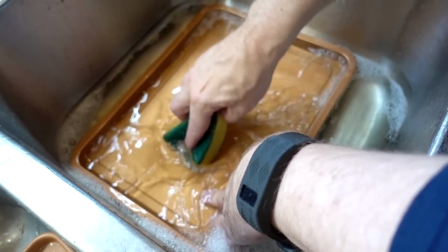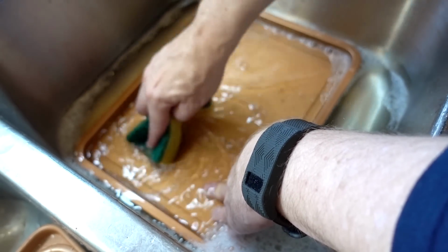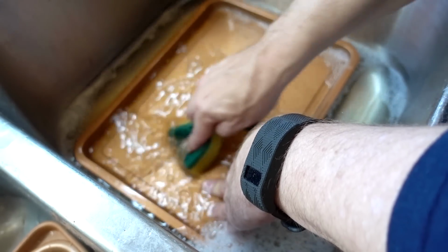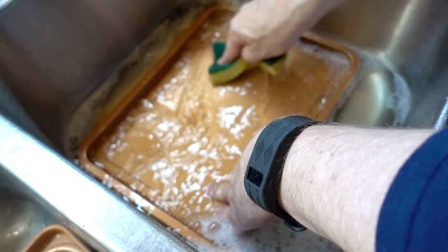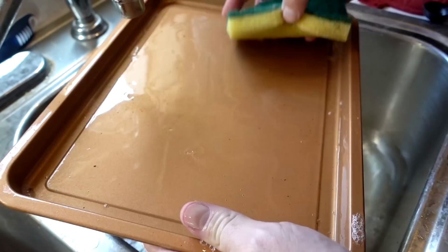It doesn't just fall off as easily. And I've actually taken pretty good care of this. I've never used abrasives or harsh sponges. It's just over time the surface isn't as non-stick as when you first get it, but I might let it